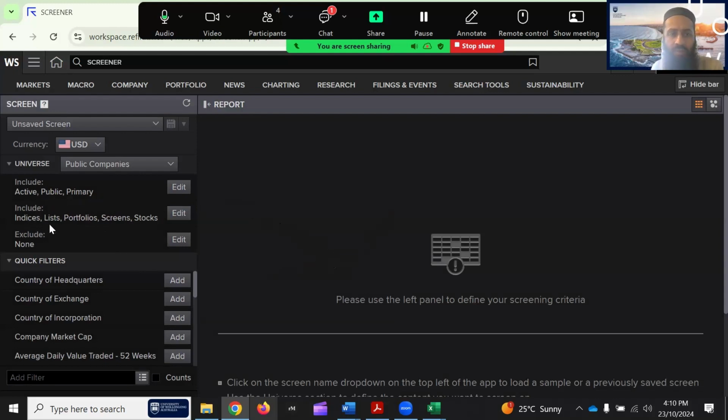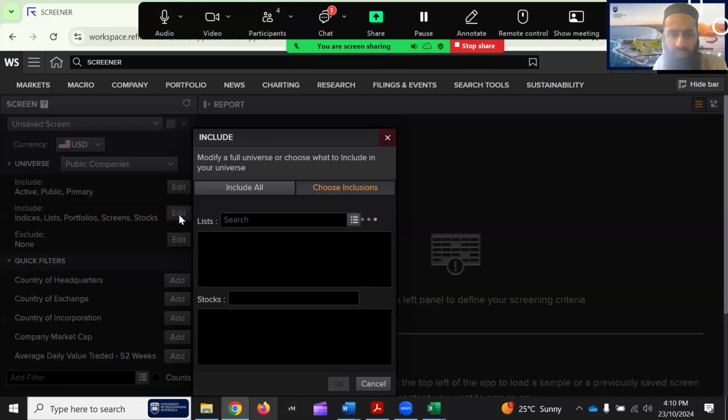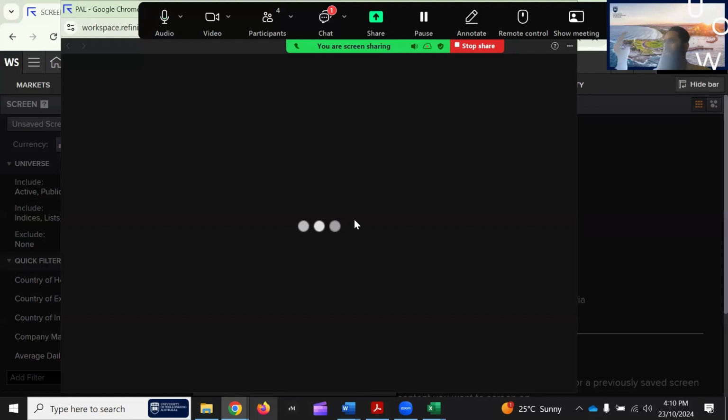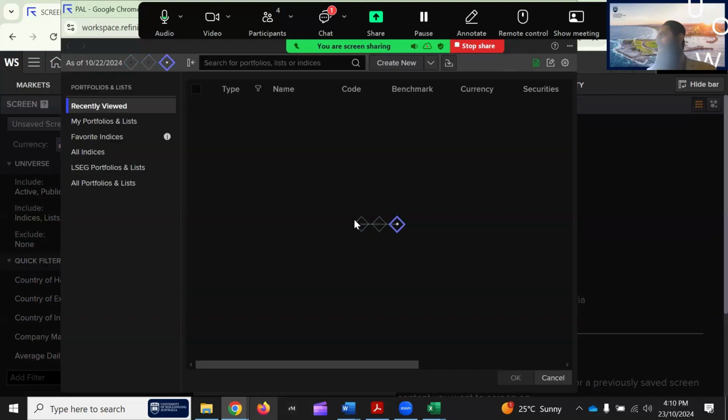Then include indices, list, portfolios, screen stocks. We are interested in the list of US companies. For that, here is a click edit option. So I click on edit. A dialog box opens, and there are 3 dots here. You click on those 3 dots, it will open a new interface. So after edit, a new dialog box, you click on 3 dots, a new interface opens. In the new interface,